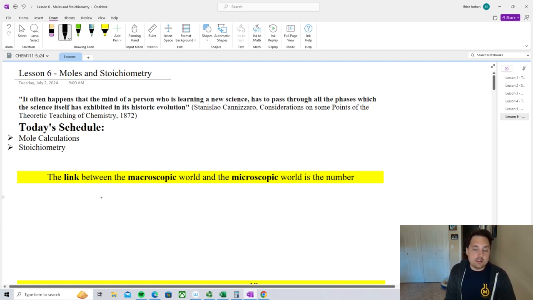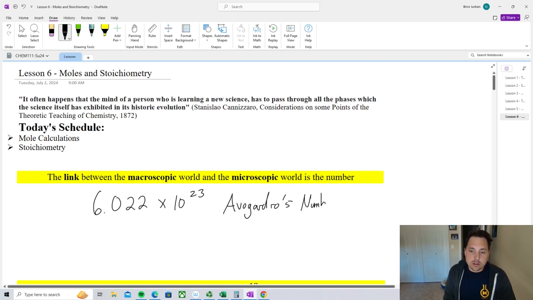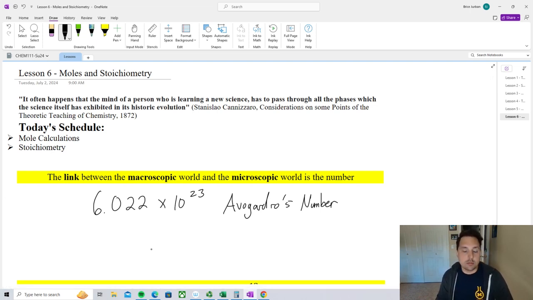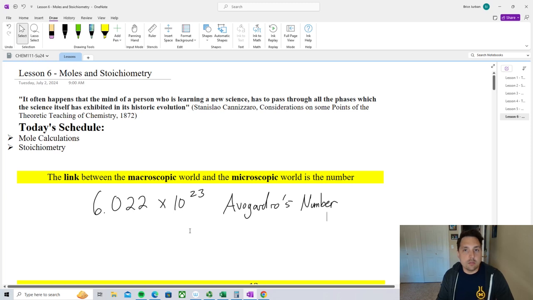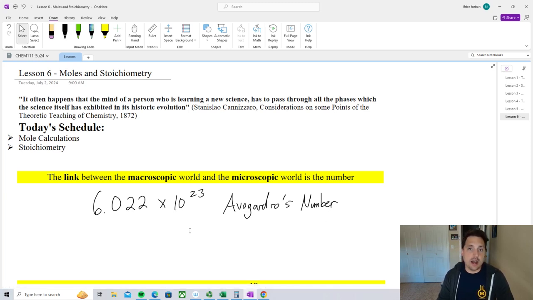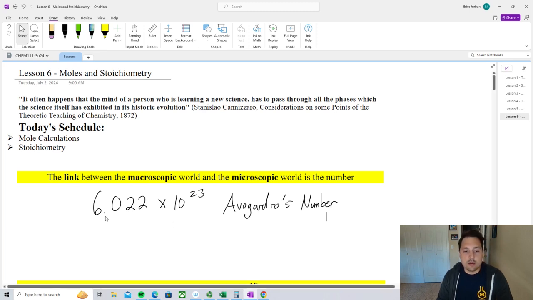We need to know about this number here, 6.022 times 10 to the 23rd, which is known as Avogadro's number. This number represents the number of atoms that are in 1 mole of any substance. So this could be an atom, it could be a molecule, or it could be a compound. Or it could be even something like an object, like an apple. Now this number is a very vast number, and it